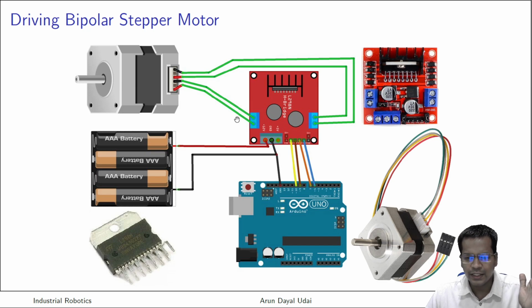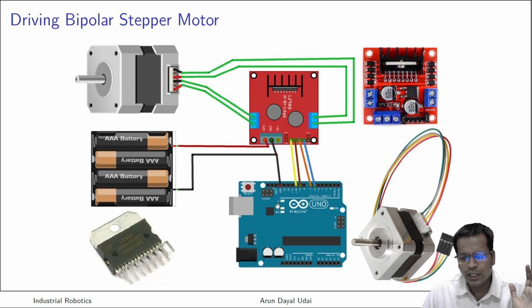Now this and this together is going to run a bipolar stepper motor which has four input wires. This is the input voltage. This chip looks like this, the motor looks like this. It has just four wires as an input. So this is how it can be connected. I will circulate this slide. It becomes very easy if you have this type of system in hand.